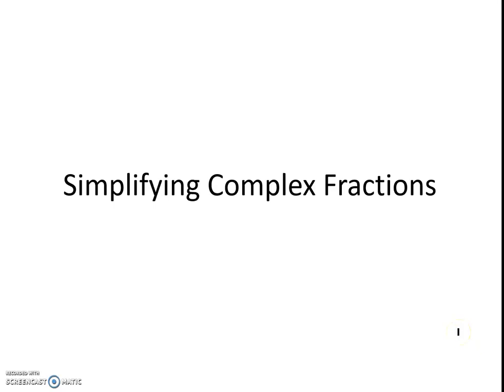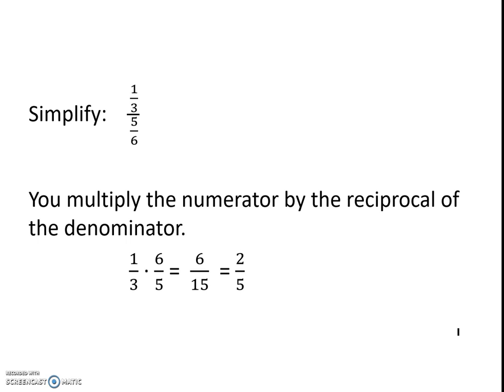Today we're going to be looking at simplifying complex fractions. Our first example is 1/3 divided by 5/6. You multiply the numerator by the reciprocal of the denominator, so in this case our 5/6 becomes 6/5, and we